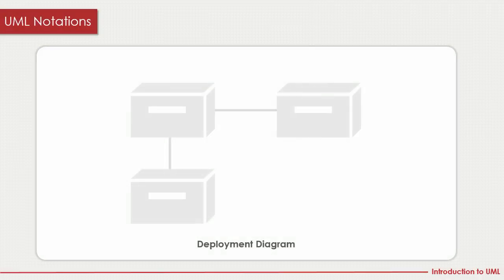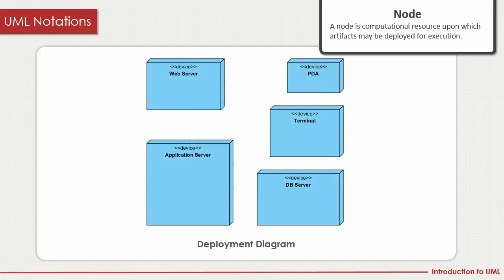Then we move on to the final diagram. I would like to talk about the deployment diagram. In deployment diagram, we have a node. Node is a computational resource. You can say it's a server or computing device, on which we can run some programs, run some artifacts that execute